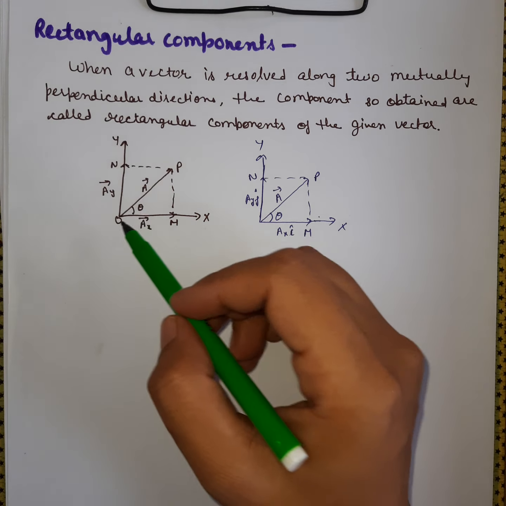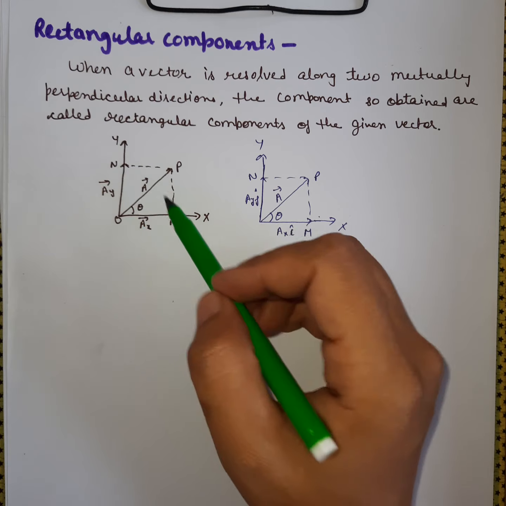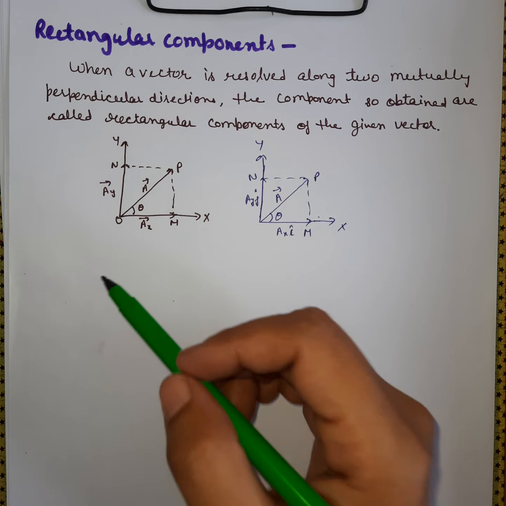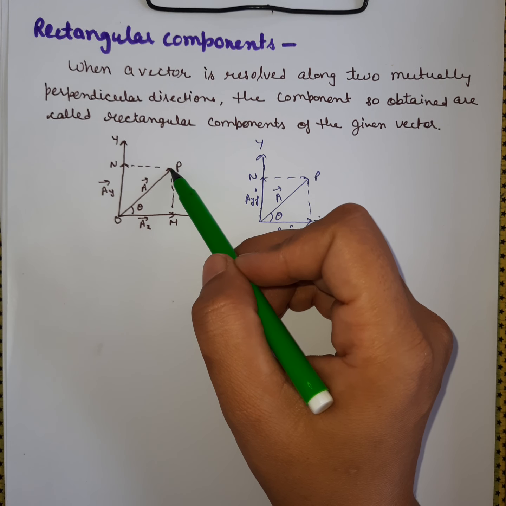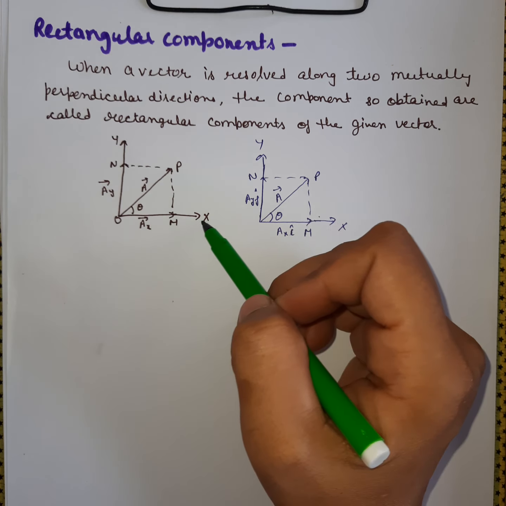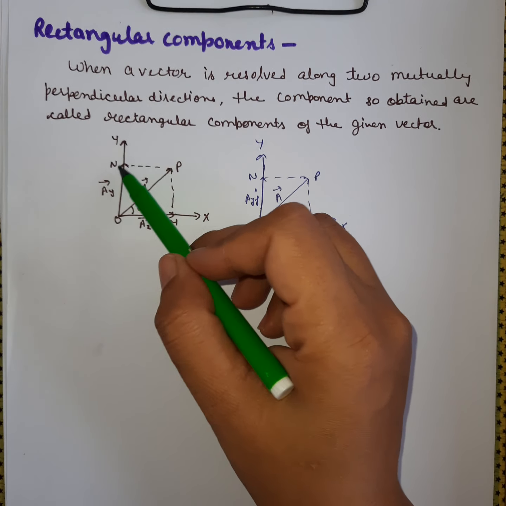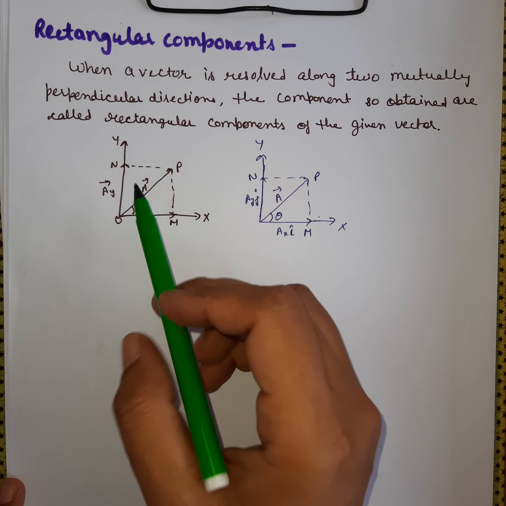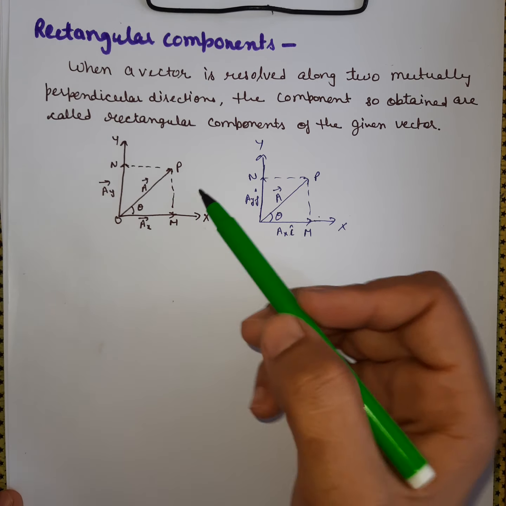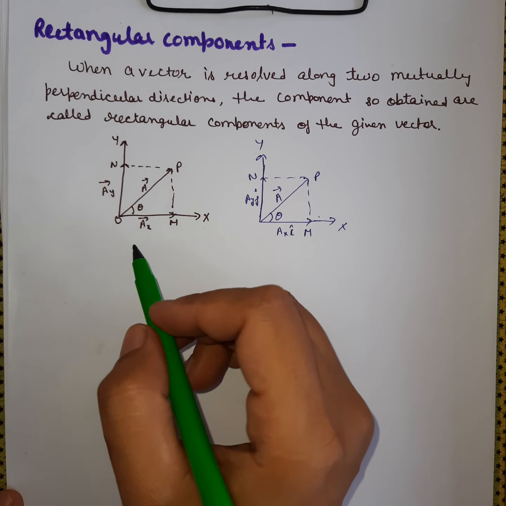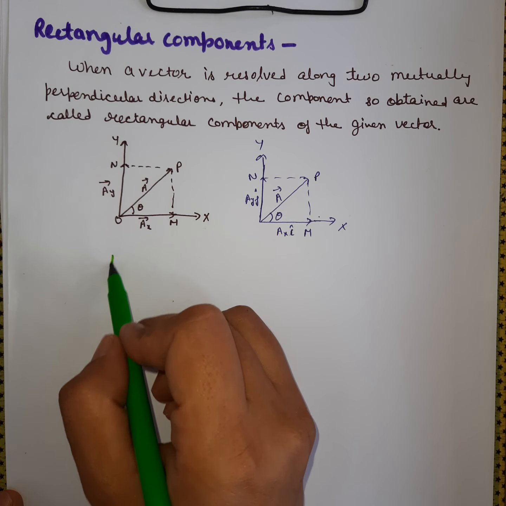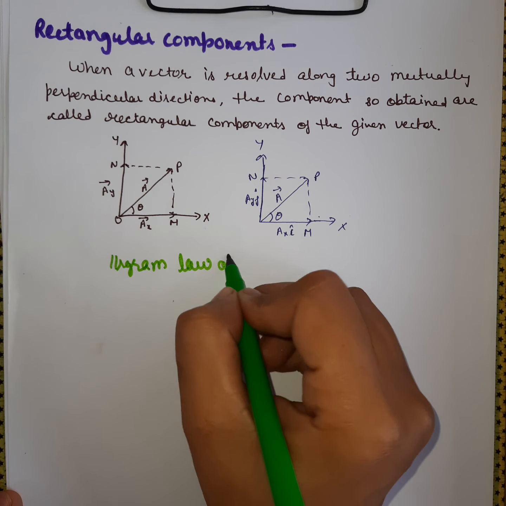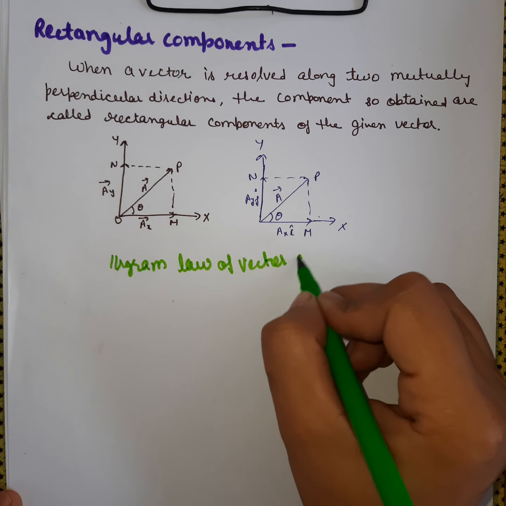Now we have considered this vector A in the xy plane. This is the x axis, this is the y axis. Now we'll draw a perpendicular from P to M on the x axis and PN on the y axis. Now we got a parallelogram. Now according to the parallelogram law of vector addition,